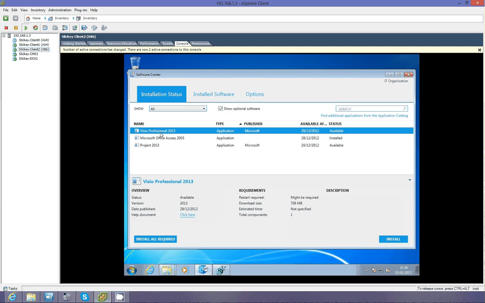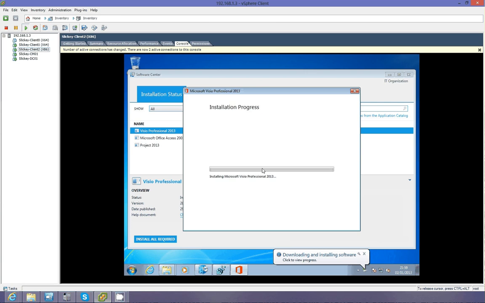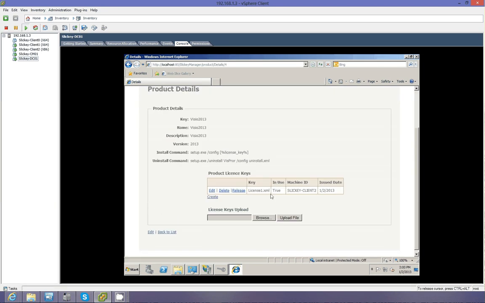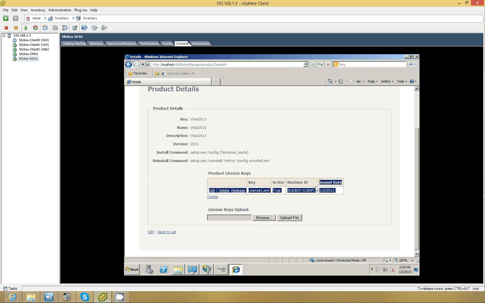Let's go and install this. Visio 2013 is installing on this. If we go back to the Slicky Manager and go to Visio details, you'll notice it is now in use and it's being used by Slicky client 2, and that was the issue date. There's no more license keys available, so if I go to another client